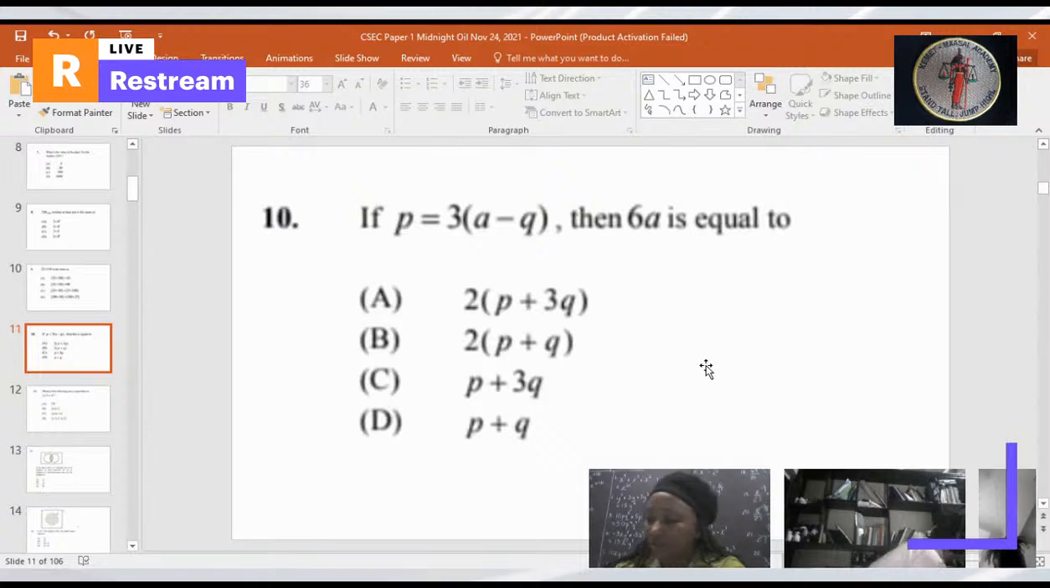Dreshan, number 10. If P is equal to 3A minus 3 times 3A minus Q, then 6A is equal to